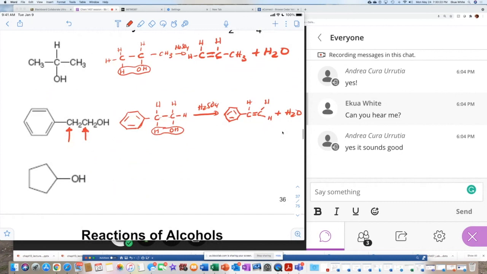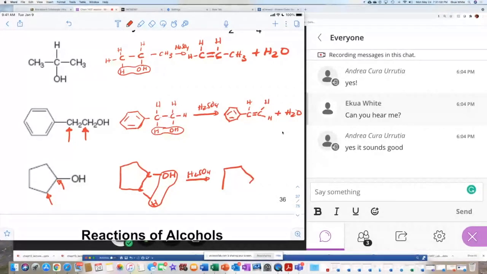Okay. Where is my alcoholic carbon? Here it is. I'm going to pick this bottom carbon here to help it out. Okay. So I'm going to draw this out in a way that makes a lot more sense. So this carbon is the one that's losing its OH, right? And then this carbon over here is losing its H. And these two are going off together. So when I get my product, H2SO4, I have,